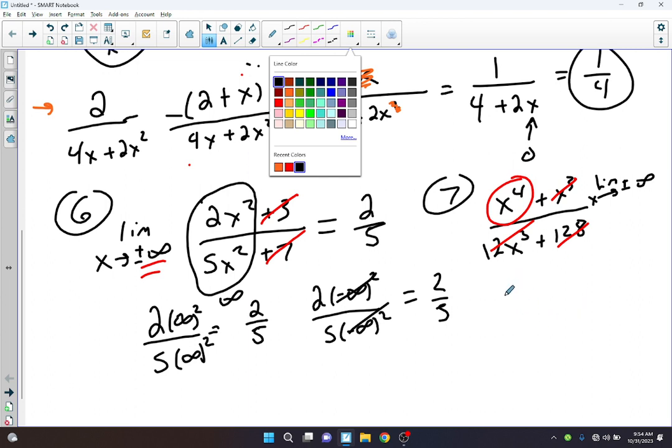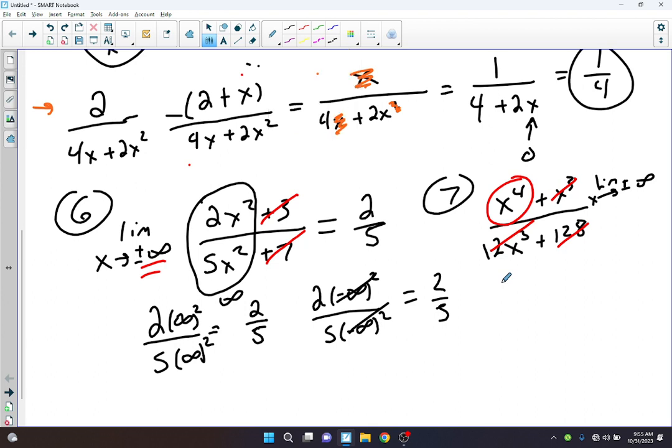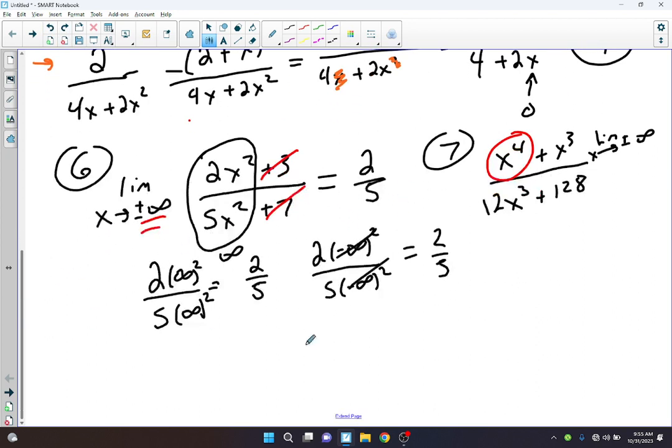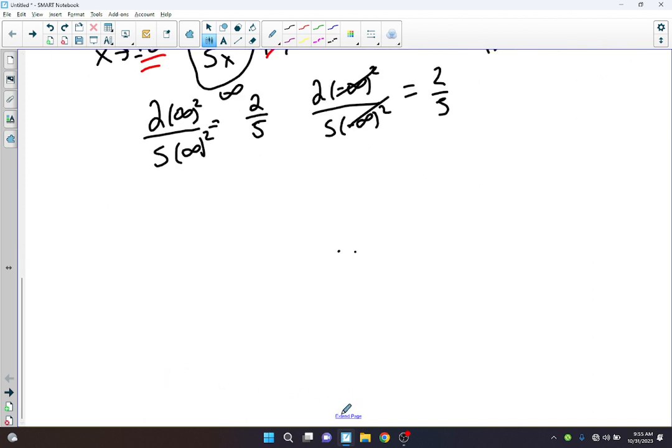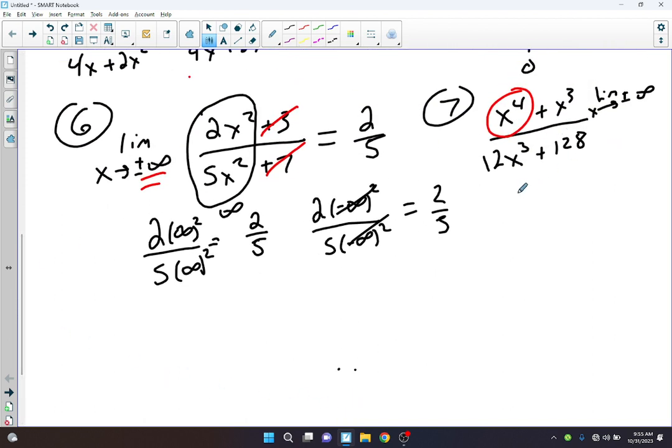But there was a rule from last year, if you remember, when P is only 1 bigger than Q. Does that feel familiar? It's only 1 bigger. It would be a slant asymptote, so it's a linear equation of some sort. I'm not going to put that on your test. Anyone else who's watching this, who knows? But I'm not putting that on your test. But for us, we're just going to call that